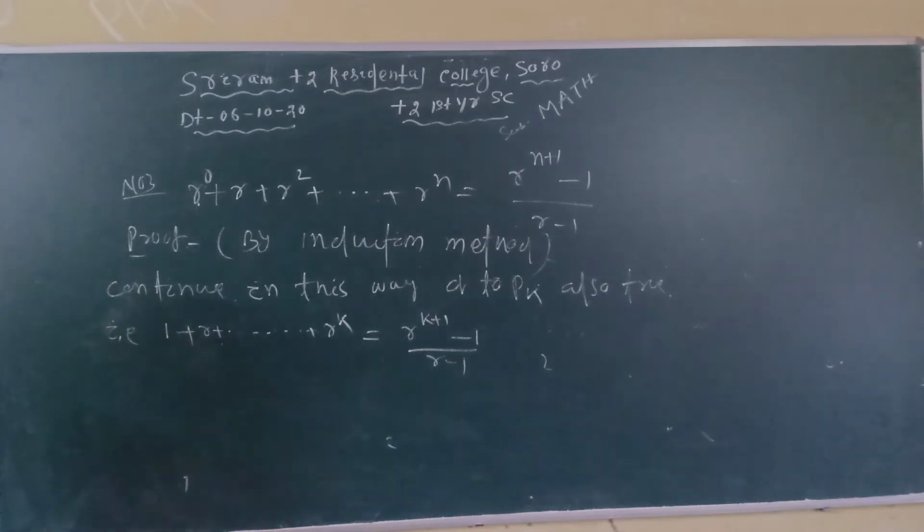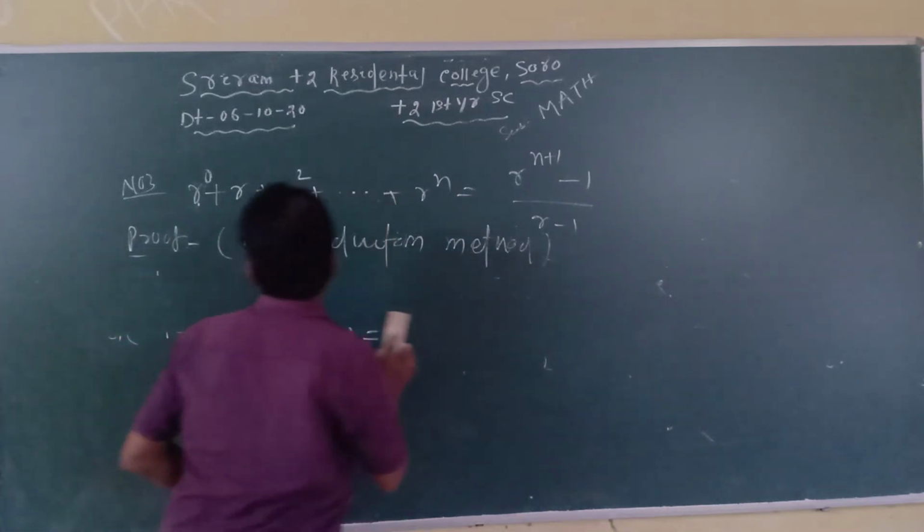Now step 4, which is a very important part of this problem. If the credit of this problem is 6 marks, for example, then step 4 is 4 marks and the remaining only 2 marks are for step 1, step 2, step 3, total 3 steps only. But step 4 is 4 marks. You remember, step 4 is the vital part of this problem. Now I am going to explain this process clearly. Okay, now going to step 4.